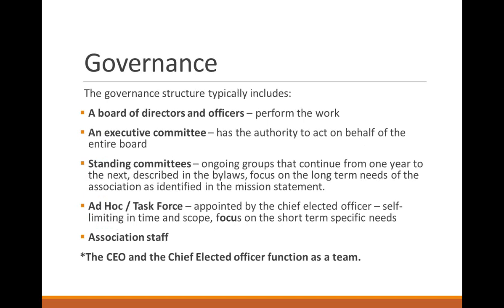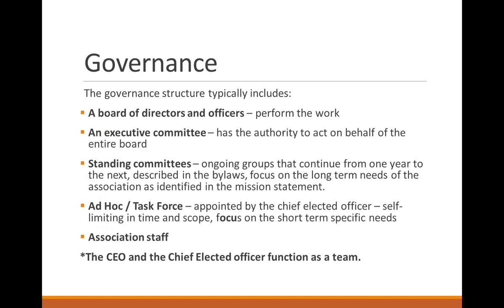So the governance structure, let's go over what it typically includes. The first is a board of directors and officers, and their primary role is to perform the work. Next is an executive committee, and the executive committee has the authority to act on behalf of the entire board. And then next is standing committees. These are ongoing groups that continue from one year to the next. They should be described in the bylaws, and they really focus on the long-term needs of the association as identified